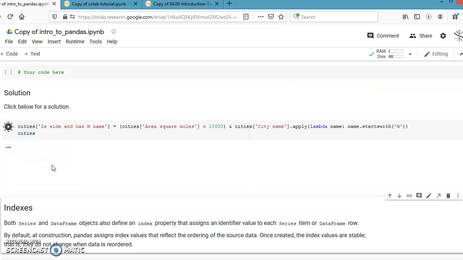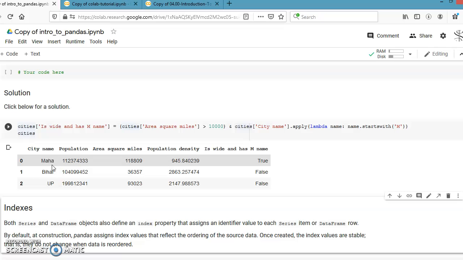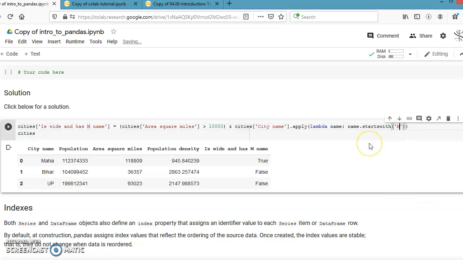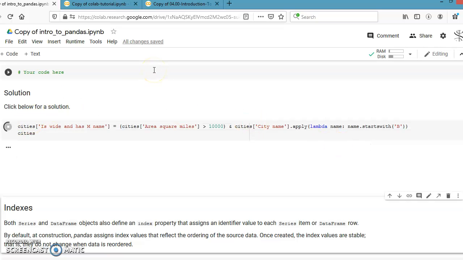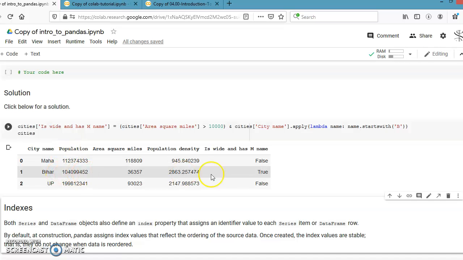We check, okay, we get it. It's for Maharashtra. If I check with B, let's check with B and run it again, and then check. It's for Bihar. It is 2. First it was 2 for Maharashtra.